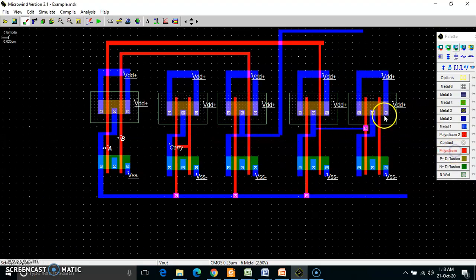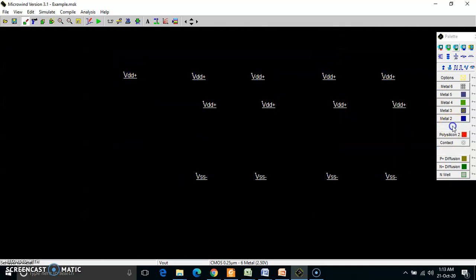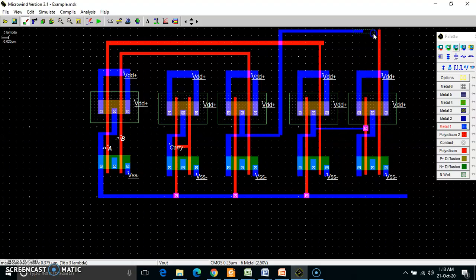So I am stretching this particular pin at the outside over here like this, and this metal 1 should overlap over here, and I need to make a contact after that. So this is the thing. And I need to take an output. So this